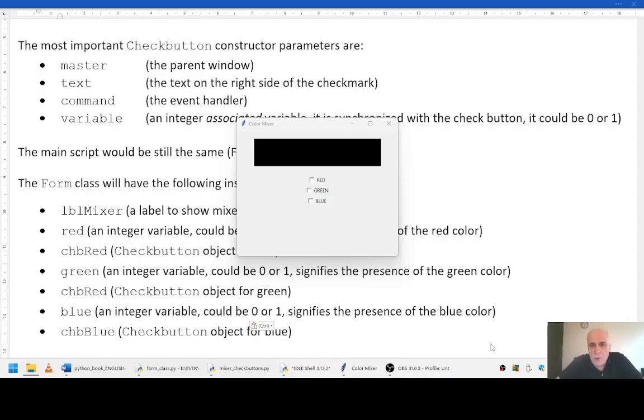We continue graphical user interface apps with Python. Let me remind you, we covered labels, we covered buttons. Now it's time for check buttons. Check button has two states, on and off, and I'm